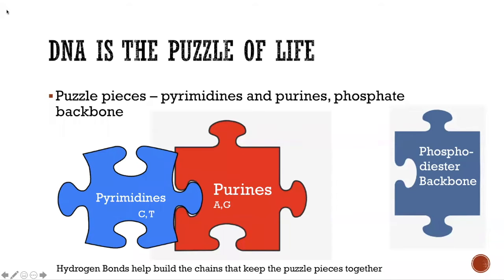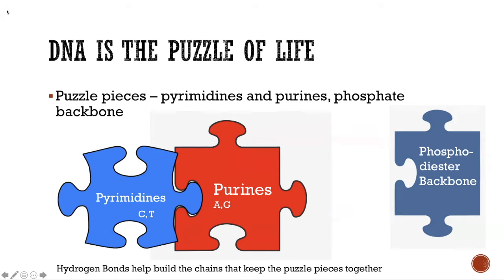These are connected. You have a pyrimidine and a purine that always connect. This comes through a C and a G, or a T and an A. And the hydrogen bonds help build the chains that keep the puzzles themselves together. So, for instance, a G and C bond has 3 hydrogen bonds, whereas A and T have just 2. And the backbone is phosphodiester, so it has the phosphate group and the ester group, and these form the entire